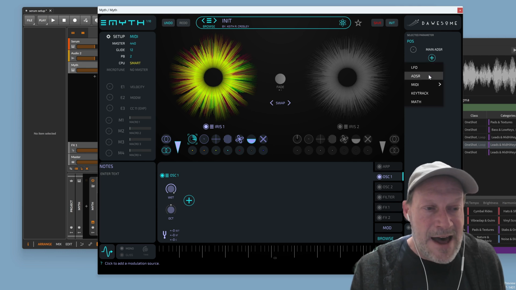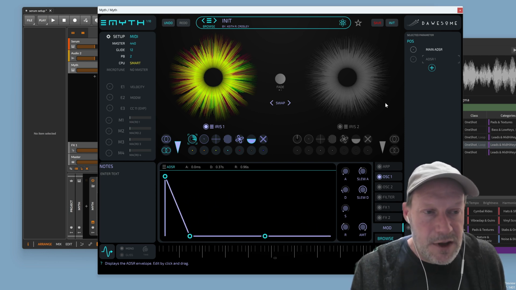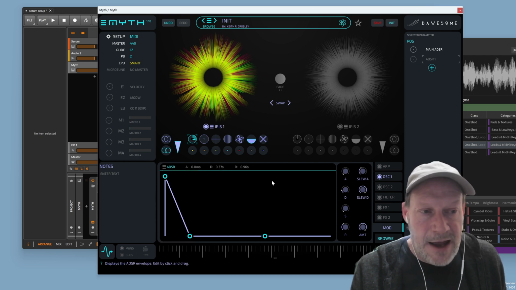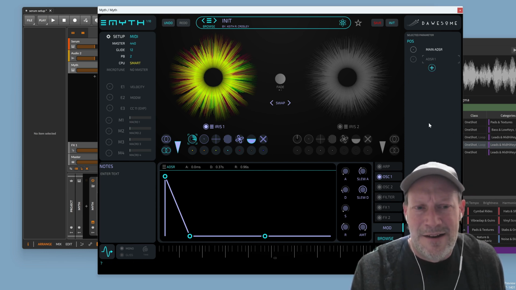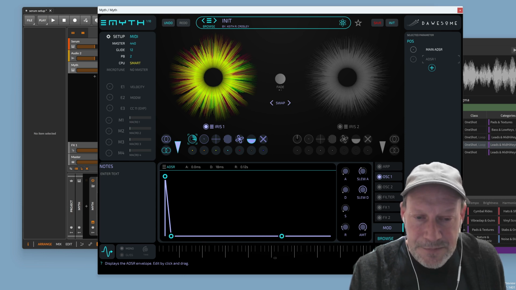We don't want that. So we're going to add an ADSR, and this ADSR is going to be our exciter envelope. I wish you could change the names on things. You can't do that. While you can save sub patches in Myth, and we'll use that, you can't rename your things. So if you get a lot of modulations going, it's like, well, what the hell is ADSR 1 versus ADSR 10, right? Anyway, so our exciter, we're going to have a very short decay that will go to 0. And literally, around the 10 millisecond range, doesn't really matter what it is. We'll do 18 milliseconds there,